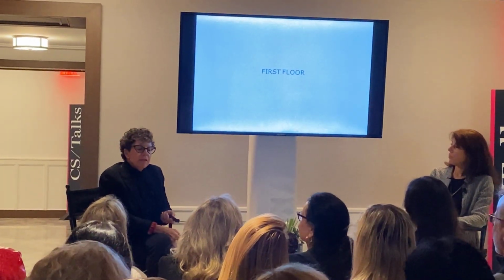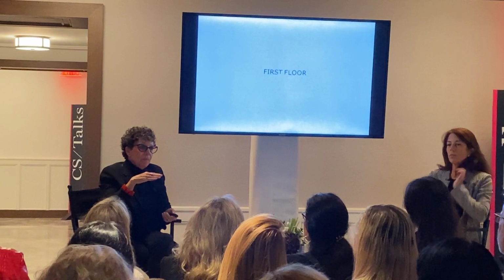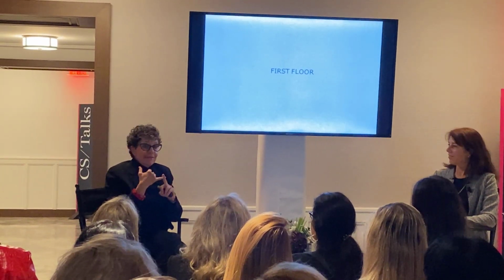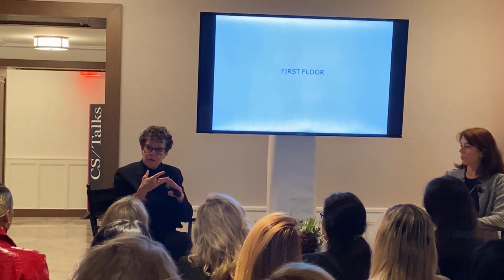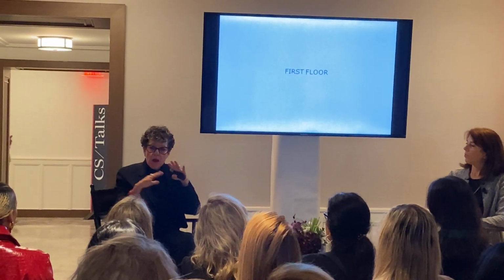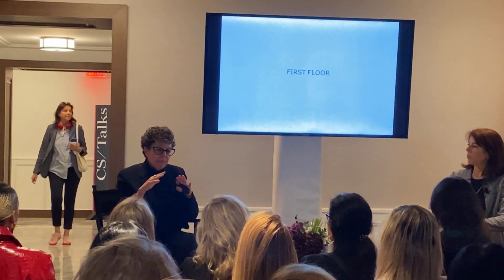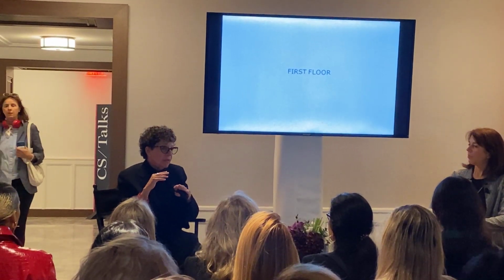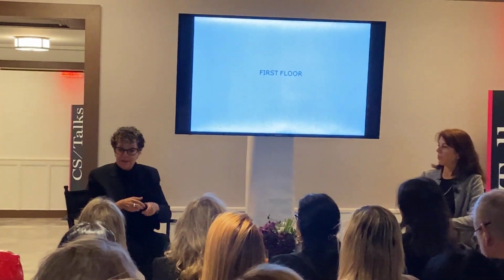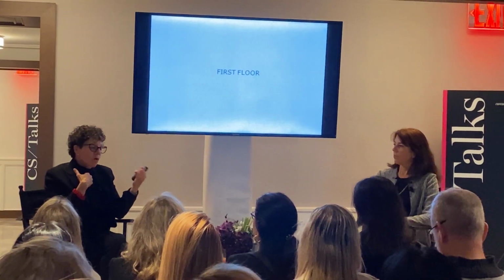So the amenities in the building, which is called the amenity collection, start when you walk in the door. There are amenities on the first floor, on the second and third floor, and on the 8th floor. So there is a lot of variety of where you can be when you're not in your apartment. The idea was really to create a village within the building so that you really have options for grown-up